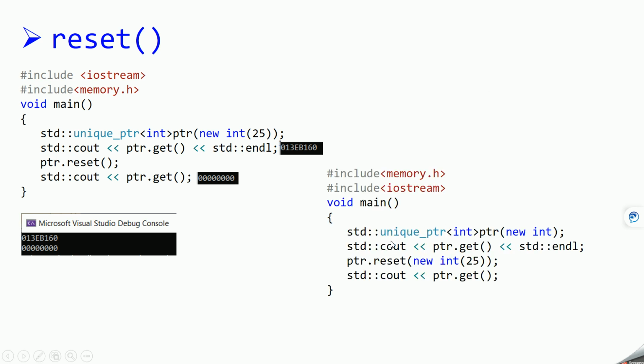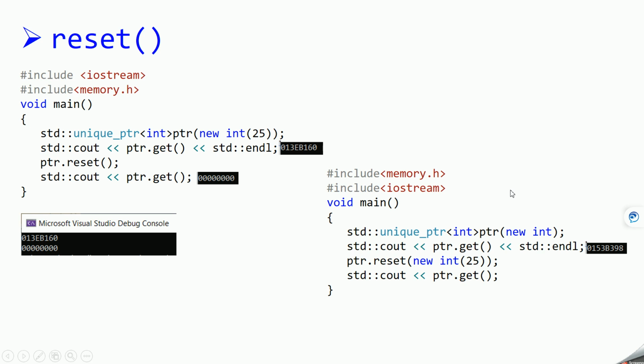Okay, let's see another use case. In this case we have this ptr, which is allocated some memory, and if we print the address of it, it will give you some address like this. And now what we are doing is resetting this pointer to a new memory location.